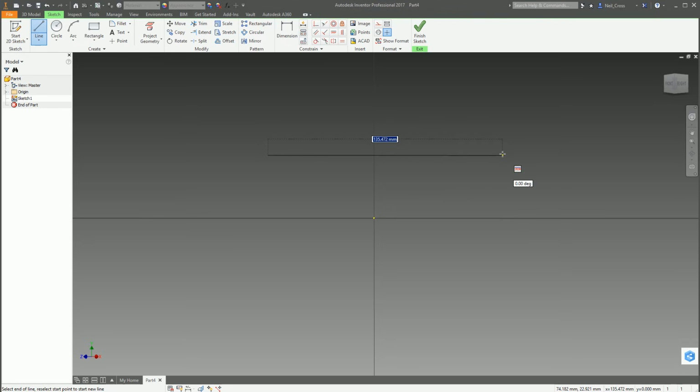And if you look above the little tooltip that says 0.00 degrees, there's a little square icon there with a horizontal symbol. I know it does look like an upside down Loch Ness monster fin, but it's actually a horizontal constraint being automatically applied to the line. So when you click this point here, Inventor is forcing a horizontal constraint onto that line. Therefore, this line will always be horizontal.